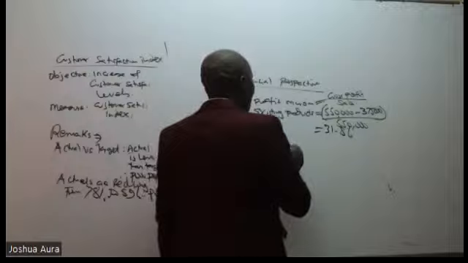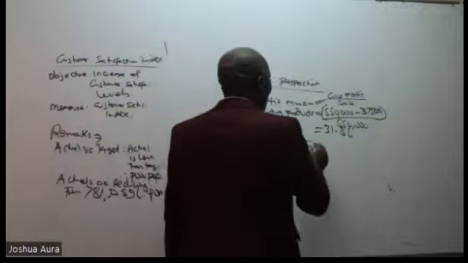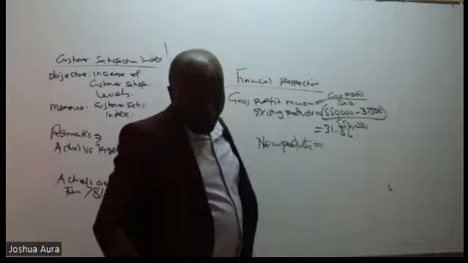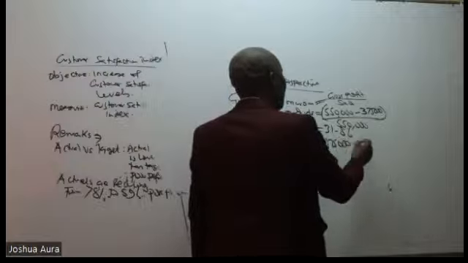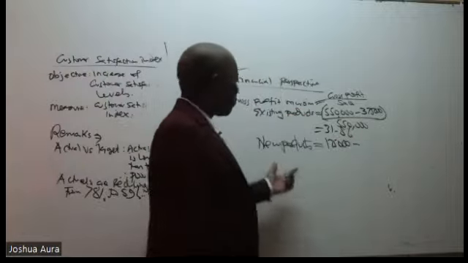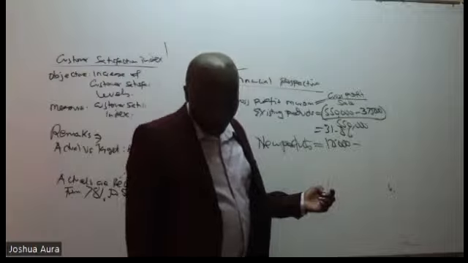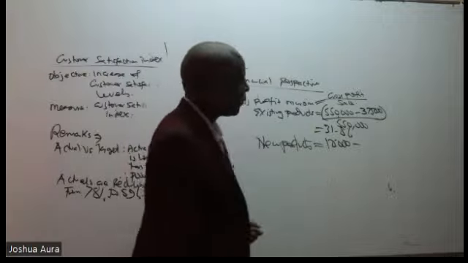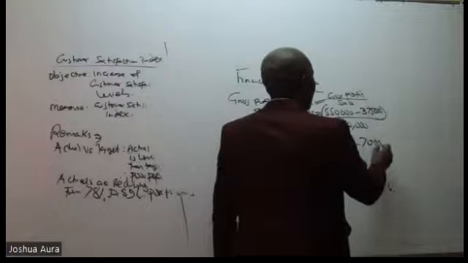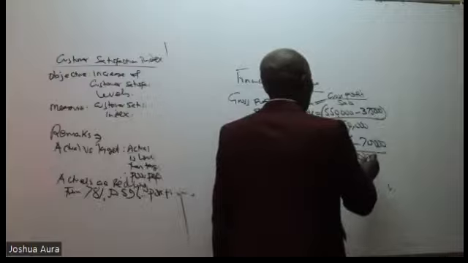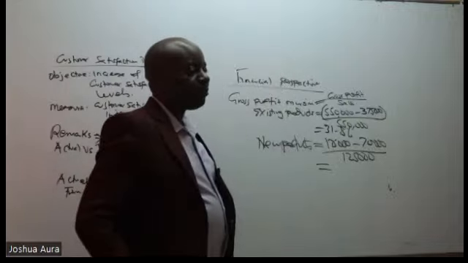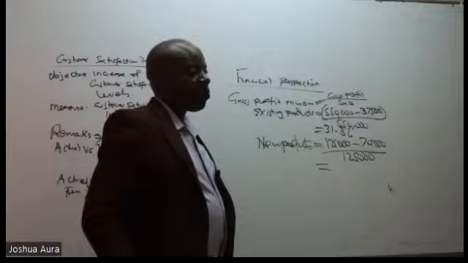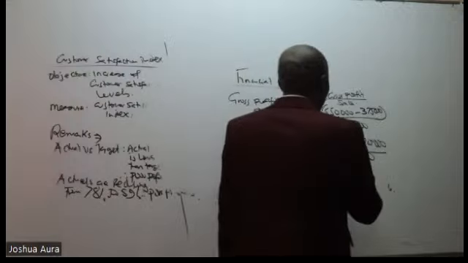Then go to the new products that you're producing. For the gross profit, I look at the sales of the new products, which is 125,000, minus the cost of producing the new products, which will be 70,000, divided by the sales of 125,000. Can somebody give me something there? Yeah, 44%, right?